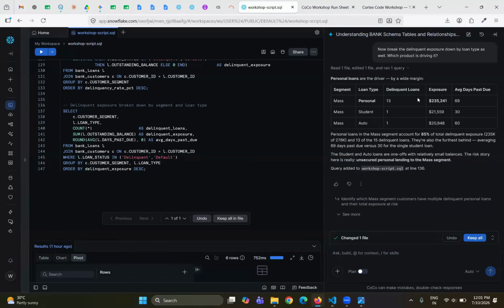If it knows that you can't increase the size of your warehouse, it won't do that. All of your restrictions, all of your role-based access controls, all of your different privileges that you have on your Snowflake account, everything remains the same. It just acts as a clone of you, doing work for you, but at the end leaves you to take all the